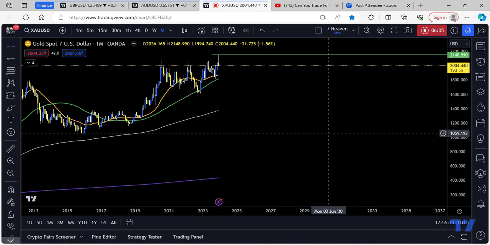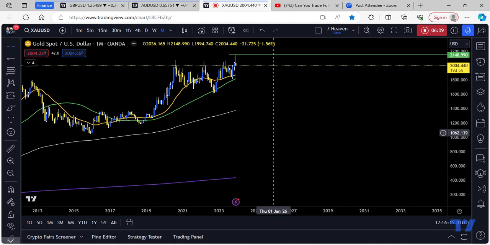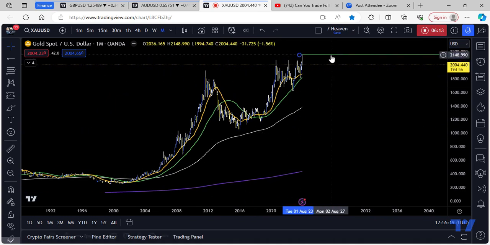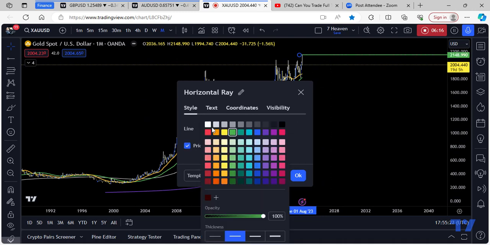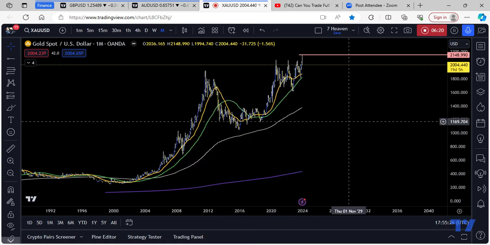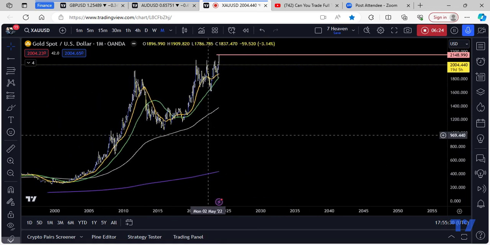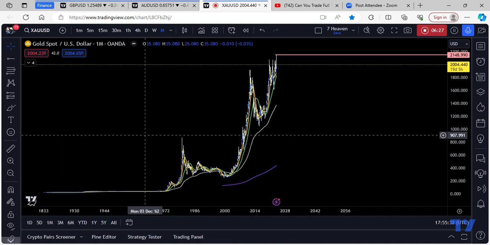990. And boom, it's right there, lined up perfectly. Right? So that's our high on the monthly. And I'm going to make this line, let's say pink, right? For monthly. Now, to get the low, the current low,